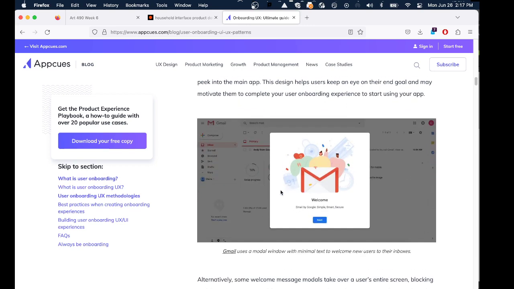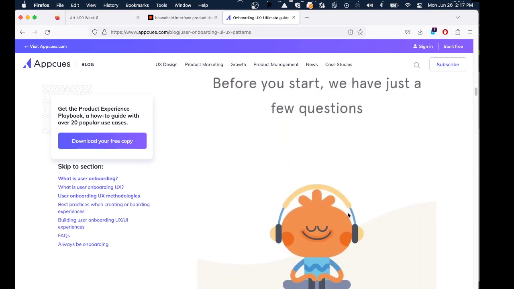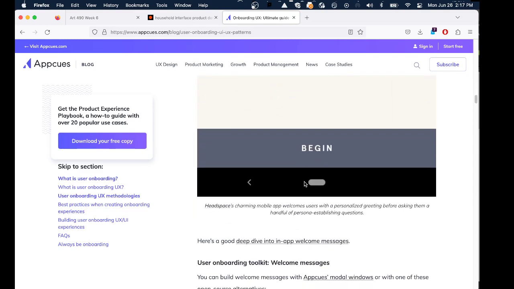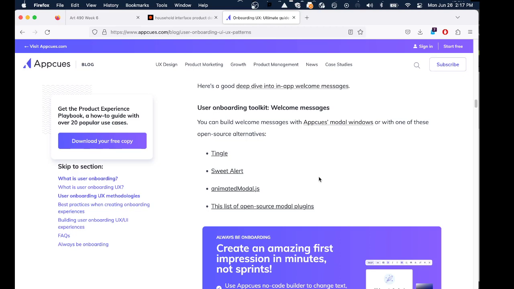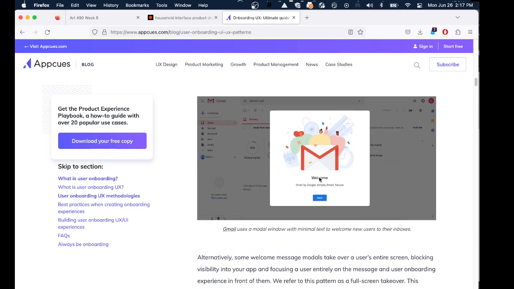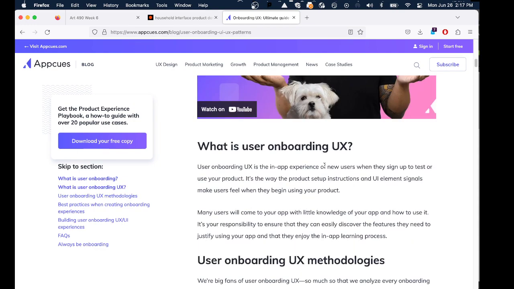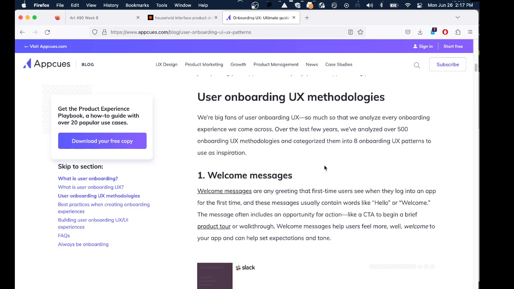And it will lead you with little tips saying, hey, we have a little training for you. Let me show you how to use this, this is the navigation. And if you want to find out what the inventory on the fridge is, click here. And if you want to get suggestions on a dinner recipe related to the contents of the fridge, click here. So onboarding can be probably useful in that sense for an appliance.